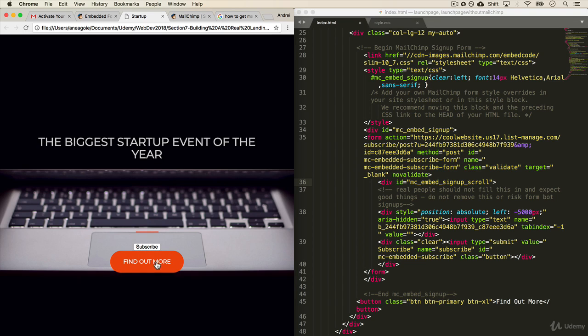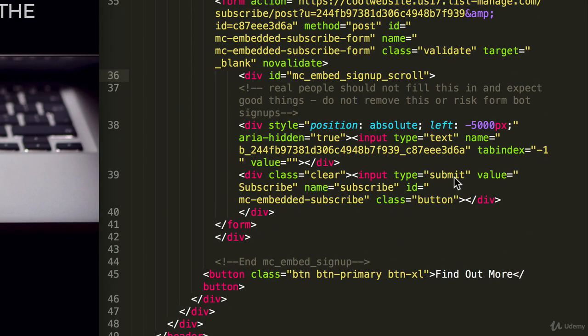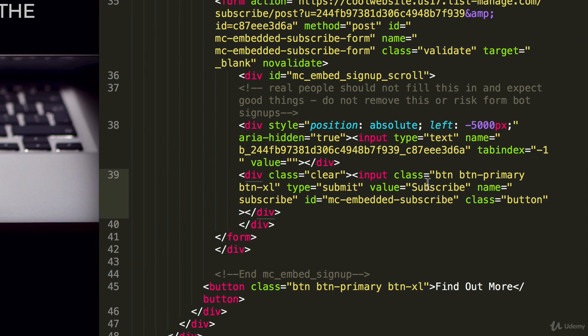Okay, now we want this button to actually be this button. So how can we do that? We can find this button by again looking at the input. Type submit, value subscribe. That looks like the button. Let's make this, instead of the input, to be the button. The way we do that is we just give it the class that we have for the button. So let's try that. If I go over here and just add the class, and I remove my button,